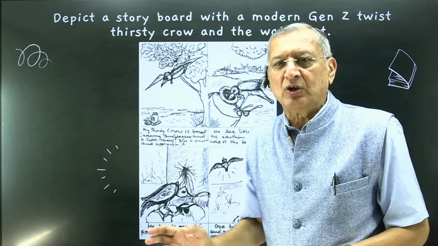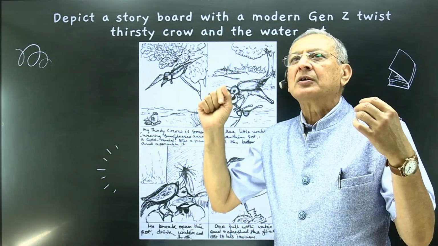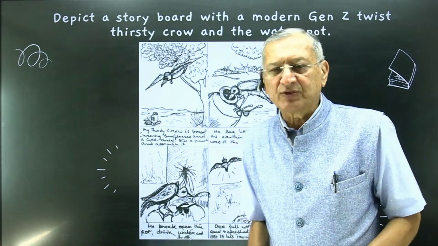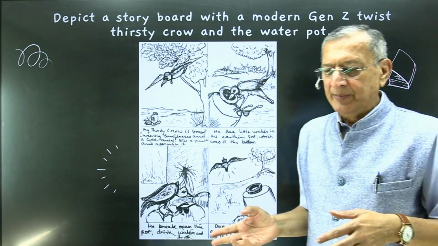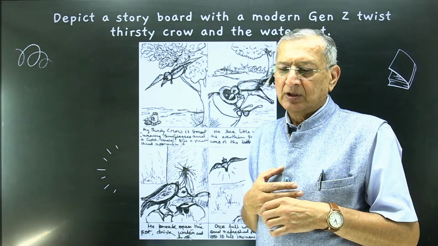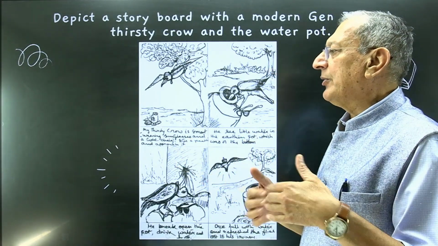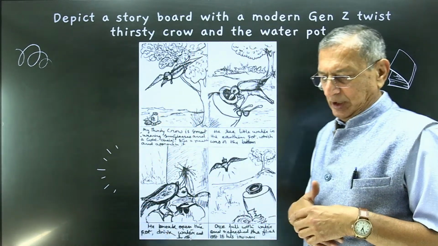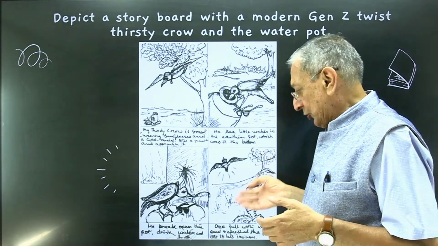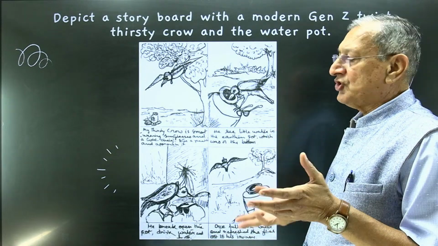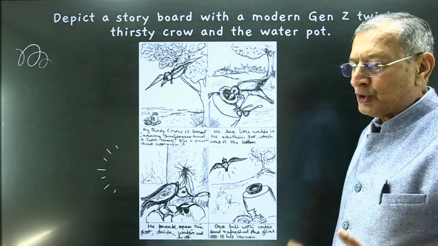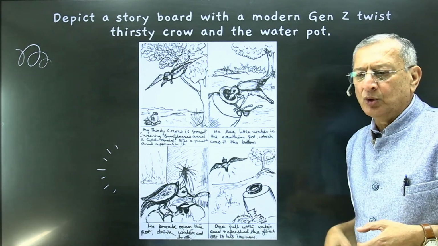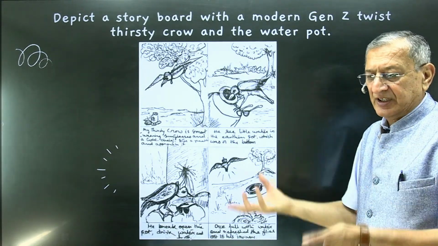outlook. I mean, you change it to your own, because you know what happens if you Google images of the story of thirsty crow, you will get tens of them on the internet. Then you may try to copy them and then present. I mean, you get into the habit of presenting exactly the way they are available on the internet. So what I said to my students, you better change the story and try to present the story your way, so that you come to a different presentation and you try